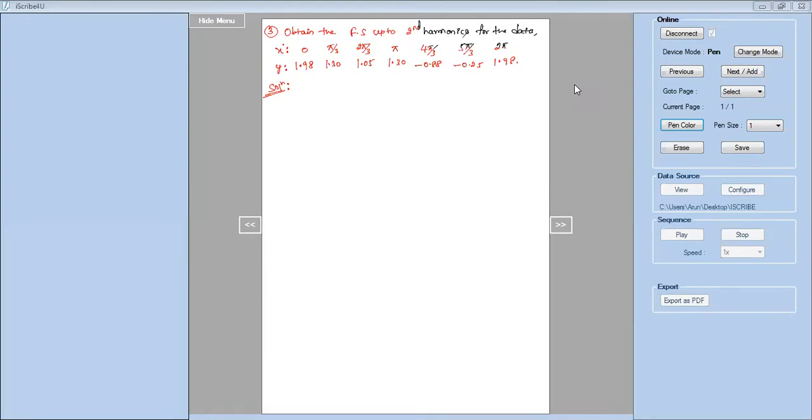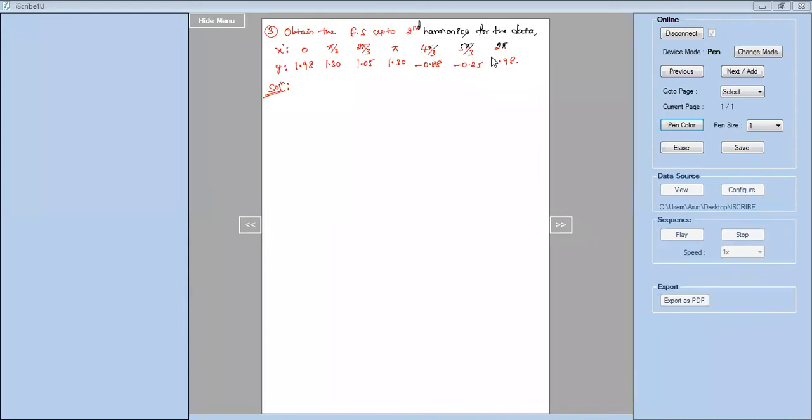And already we have discussed two problems on harmonic analysis. As I told in the last classes, we have two types of harmonic analysis problem. The one is the problems related to 2 pi period. The other one is the problem related to 2L period. The simple way of identifying the period of a problem is just by observing the values of x. If the x values are given in terms of degrees or radians, I can just assume that it is a problem related to 2 pi.